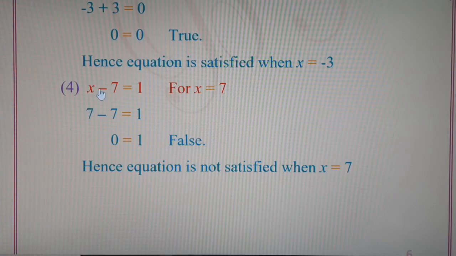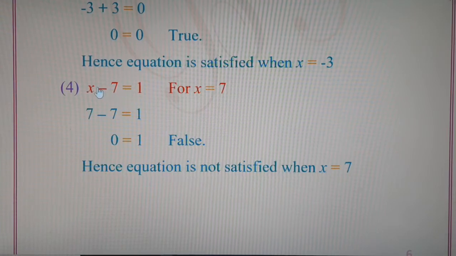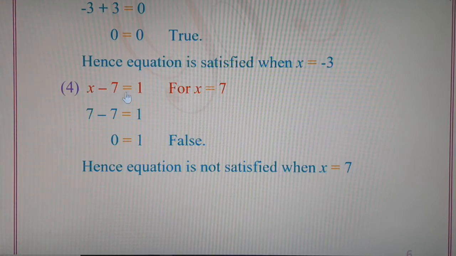Let us substitute the value and check whether the equation is equal on the left hand side and the right hand side. The left hand side part is called an expression. The right hand side part is called an expression. So there are two expressions in this equation. Please understand, when only the left hand side is given and no value or no equal to sign is given, then it is known as an expression.